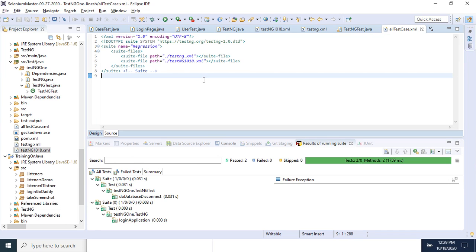So we just saw group level, I mean how we can group all the test cases, how we can have a suite level, how we can give the dependency, how we can use hard assertion and soft assertion, and so yes, this is pretty much what we have in TestNG. And apart from this, you always have to use assertion in TestNG. If you use an if else condition, it will not work there. It will pass